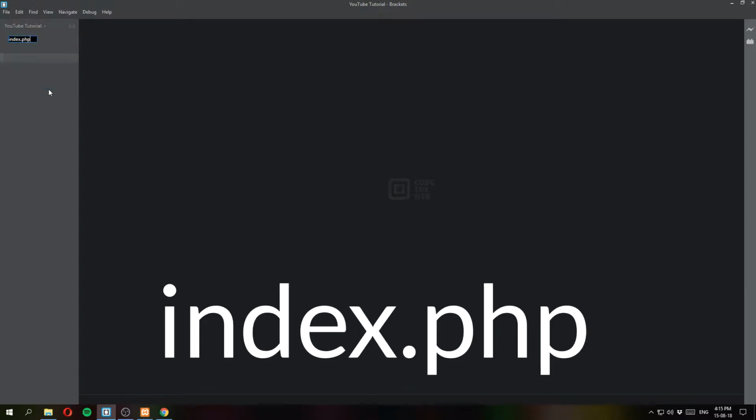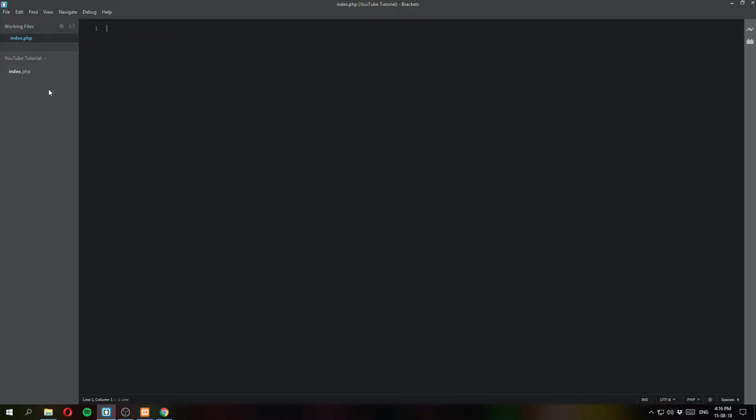So let's start with booting up your favorite editor and in my case this is Brackets. I'm going to start with creating a new file which is called index.php. And for those who do not know what this means, index is the file that your web server will automatically see as the first page. So whenever you enter a website, this is the first page which will load up, and the .php extension indicates